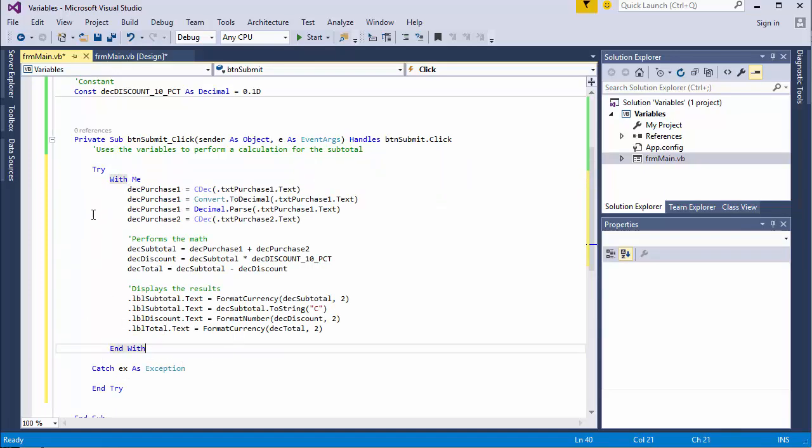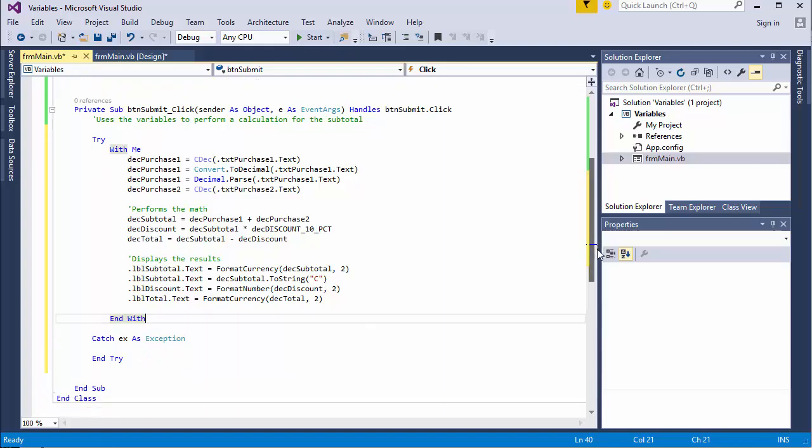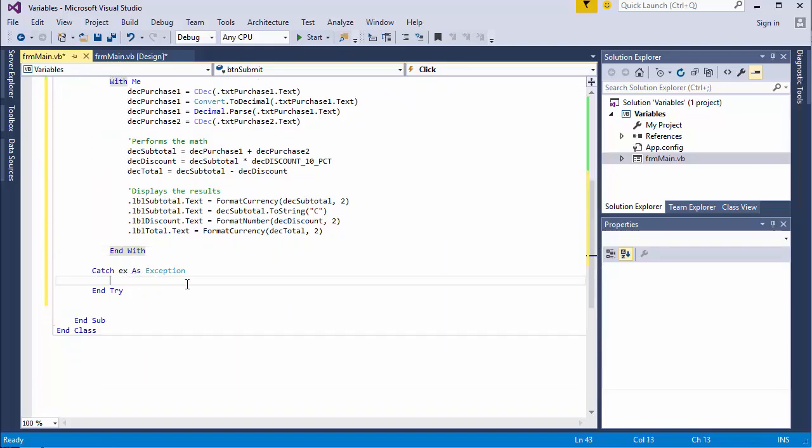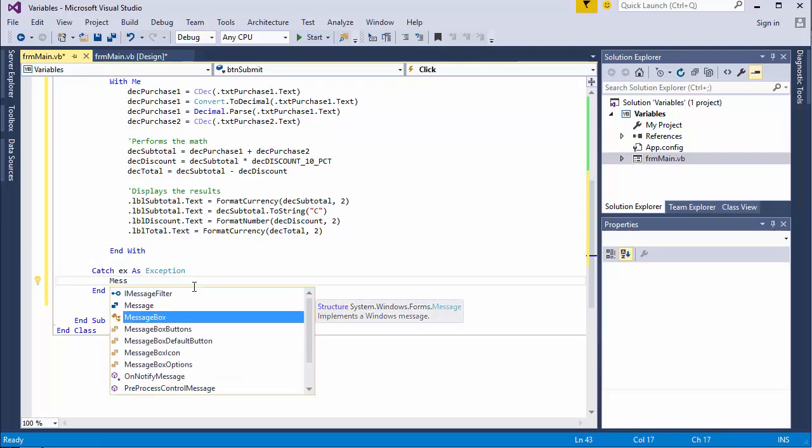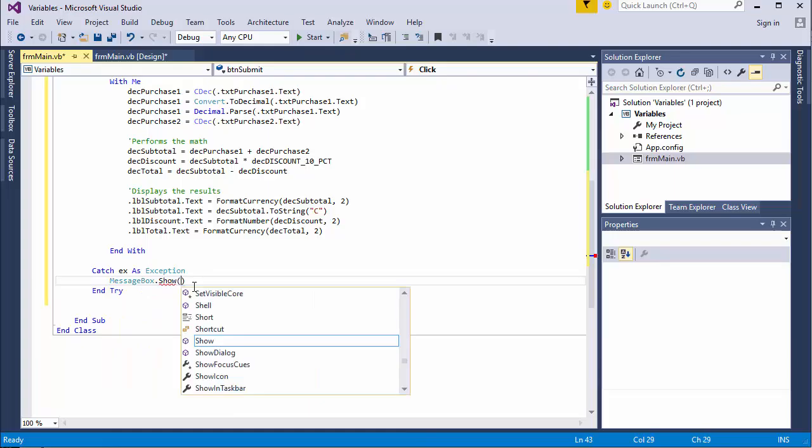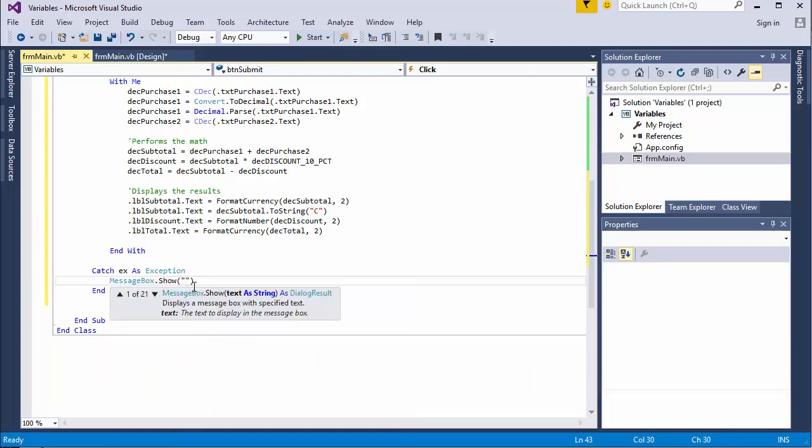Basically what I am saying is, okay, try the following commands. If everything works great, continue on. If there's an issue, once it finds a problem, it's going to jump down to the Catch statement, and we could have it display this particular error, this variable ex As Exception. We could display that variable, or what we could do is just put a message box up here to display for our user. So we could say MessageBox.Show, parentheses, double quotes, okay, and for the message itself we'll say